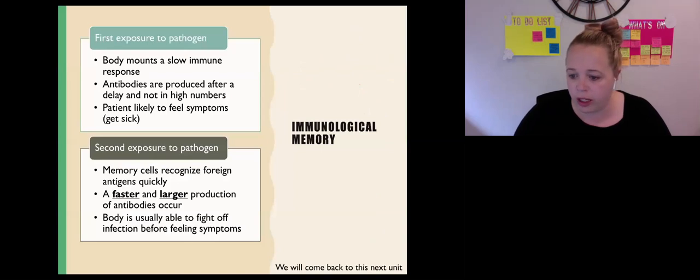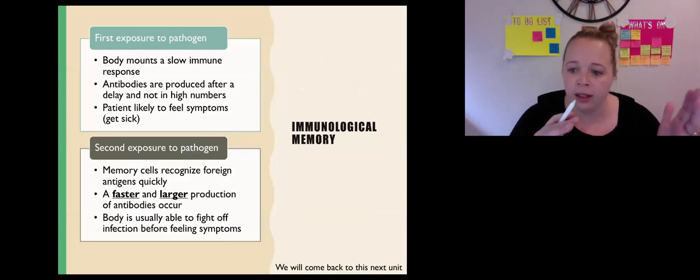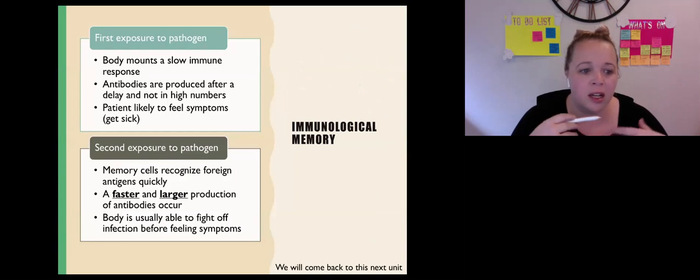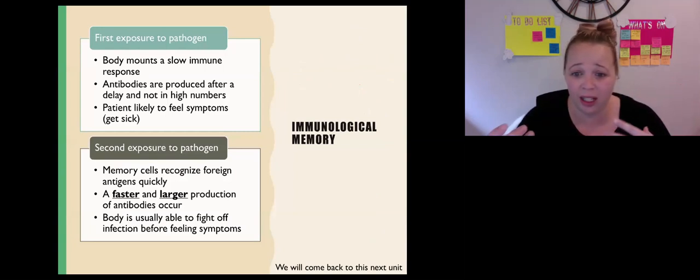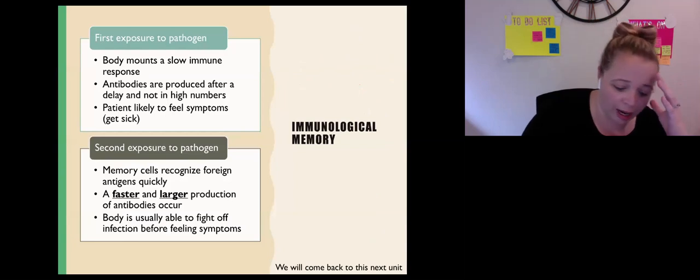And so this is what you need to put in your notes on page 17. In the first exposure to the pathogen, your body mounts a slow immune response. The antibodies are produced after a delay and they're not as high in numbers, and so you tend to feel sick. The second time, because you now have